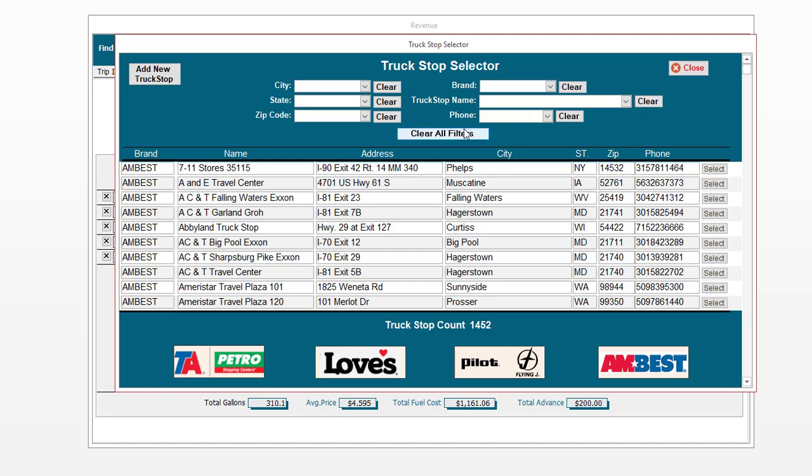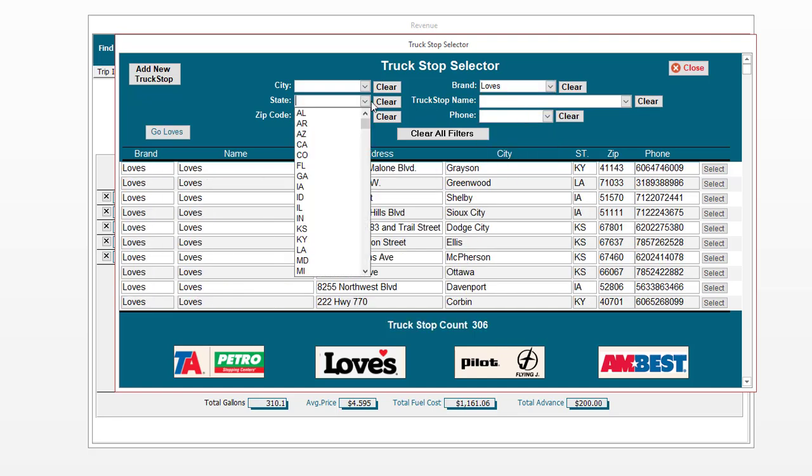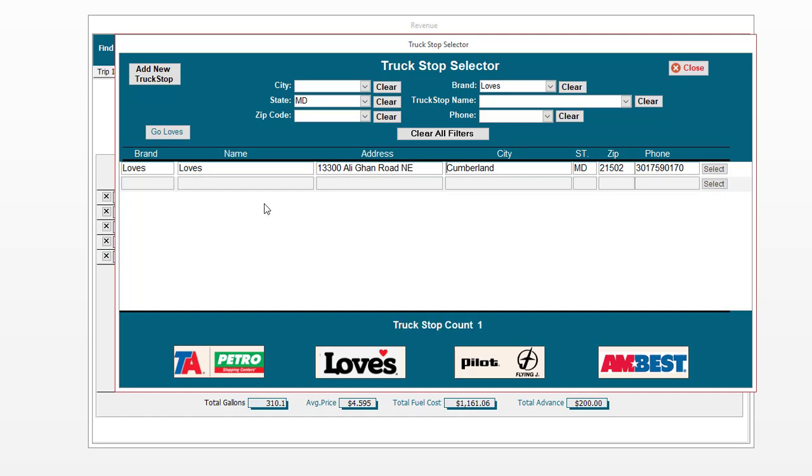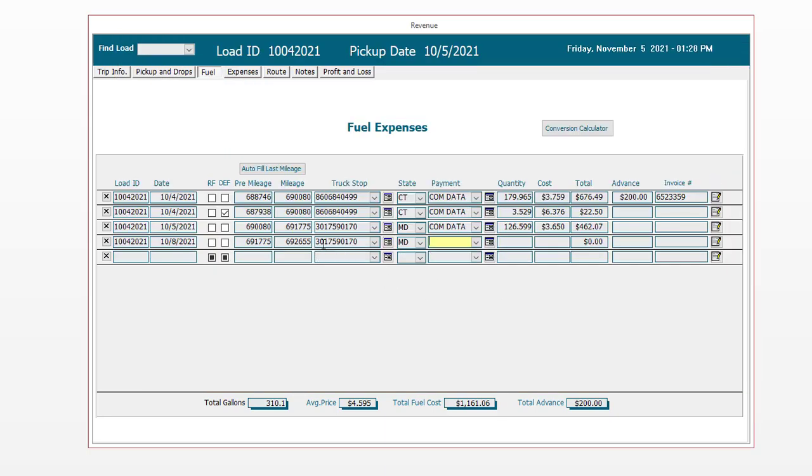But like I say, the quickest way to find your truck stop is to select the brand, select the state, and it should pull it up every time. You may have multiple ones here, but just click the select and it automatically filled that in, the truck stop and the state for you, state abbreviation. So now all you need to do is pick your payment type, how did you pay for it, and then come over and put in your gallons, your quantity,